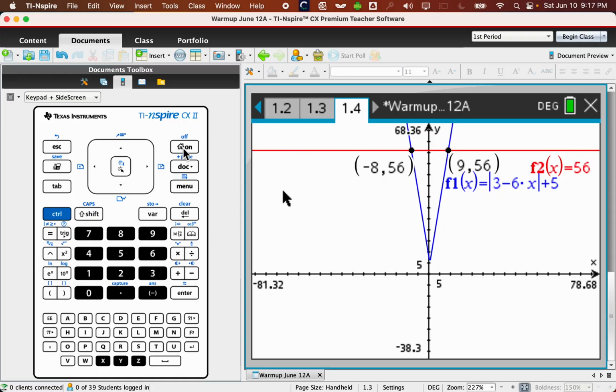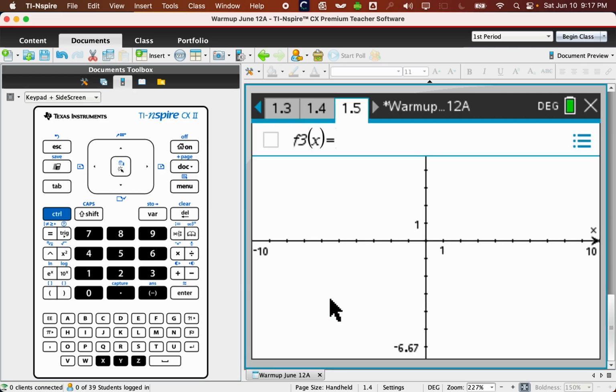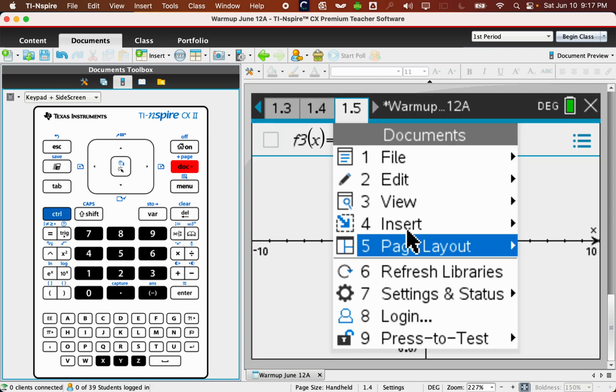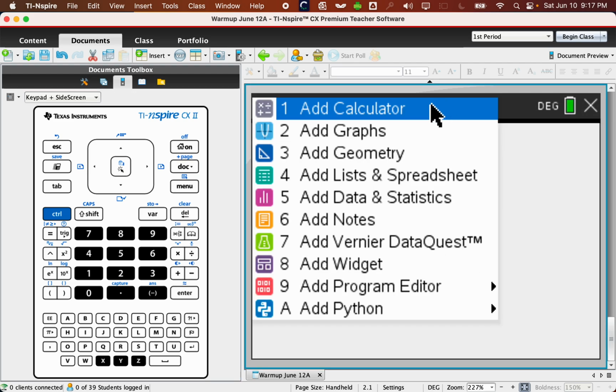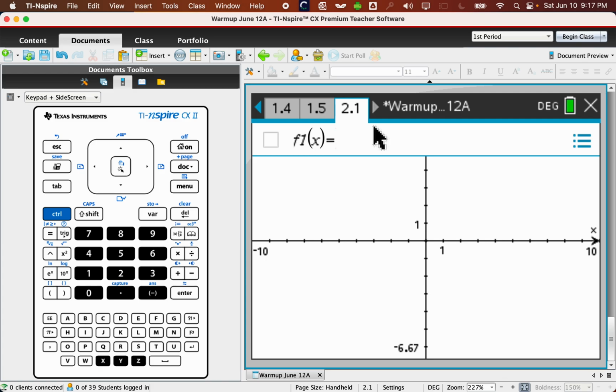So what we're going to do here is start with a brand new graph. I've already used F1 and F2 before on another problem, so that everything is really clear, I'm going to start off with a new problem. Okay, so let's go to graph. And we're going to let F1 of x be equal to the left-hand side of the problem, which is